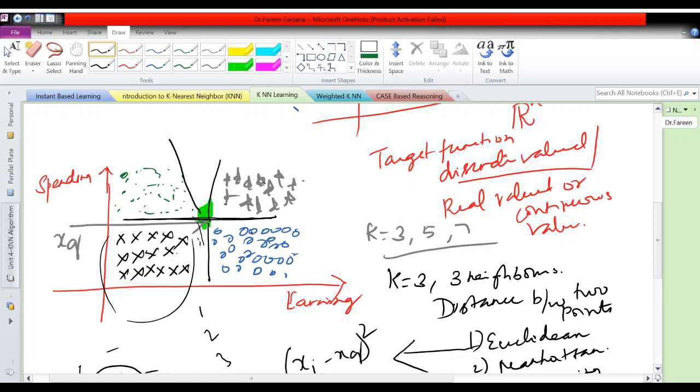So this is all about the nearest neighbor learning algorithm. You need to calculate the distance and classify your example to the class it belongs to. The important disadvantage is the computation time and cost, because each and every time the distance is calculated for all the attributes. That is the main disadvantage of the K nearest neighbor learning algorithm. This is all about KNN. In my next video, I'll be teaching you about the weighted KNN algorithm.